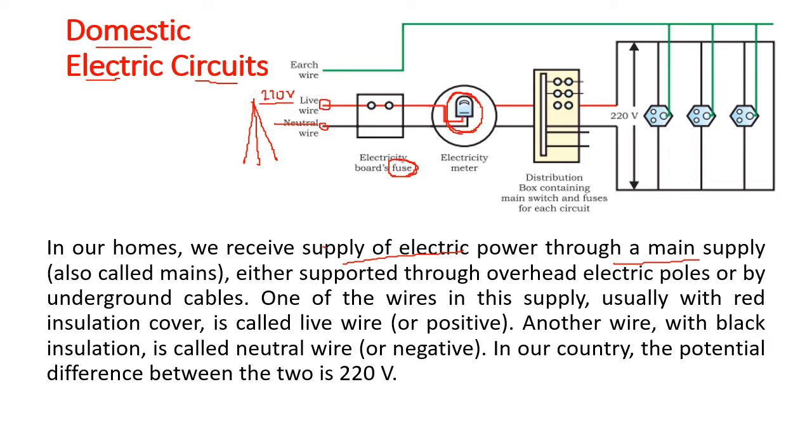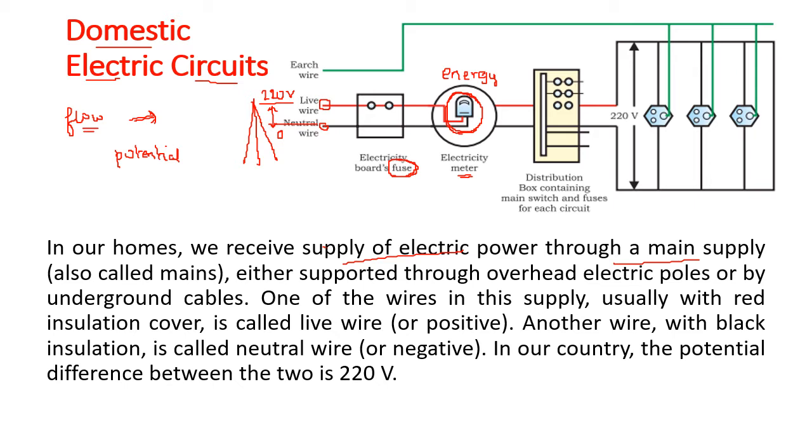So what is electricity actually? It is a kind of energy. Now let us see what we use the electric energy for. In the chapter on electricity we saw that electricity is the flow of electrons, and electrons cannot just flow. They need some energy to flow. That energy is provided by the electric potential. So 220 volt is actually the potential difference between these two wires. This neutral wire, we said, is 0 potential and the live wire is 220 volt potential.